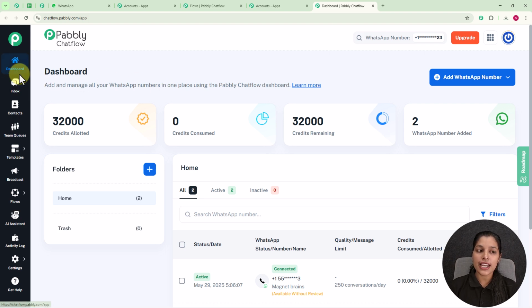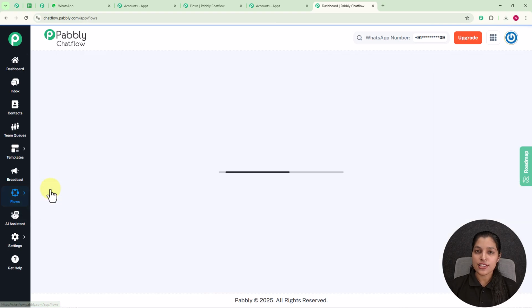Now moving on to the sidebar you can see these are the features provided by Pabbly, and as we are going to create a WhatsApp chatbot, for that we firstly have to create a flow. So for that you simply have to click over the flows given on the sidebar, and if you want to learn more about these features you can find the video link in the description given below. Now let's click over the flows given here,